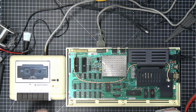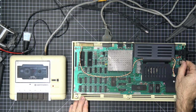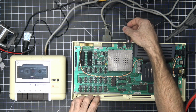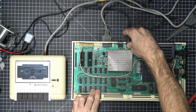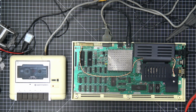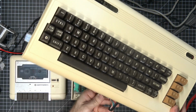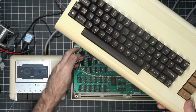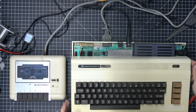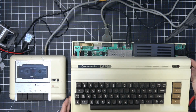Alright, now we're at the beginning. Set our counter to 0. Because you know how these tapes work, you have to write down where your programs start, and you have to fast forward to where they actually start. It's quite the challenge. So plug this in. All right. So I think I have something loaded on this tape. So I'm gonna go ahead and turn this on,